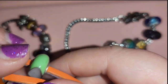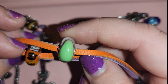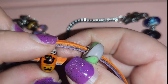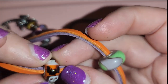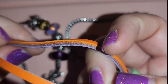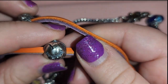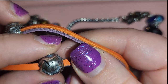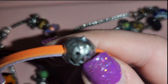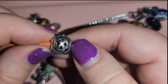And then moving along, what I've done is I've matched on either side the trick-or-treat bead with one of the armadillos. So this one is the lavender green, and again goes with the color theme of Halloween. So here you've got kitty, a skull, a bat, a ghost, a spider, and a pumpkin. And then in the middle, one side is the pumpkin, which I've just noticed has a bat as the mouth. So that's the back. And then the front is just the normal pumpkin face, and it's actually somewhat open, so